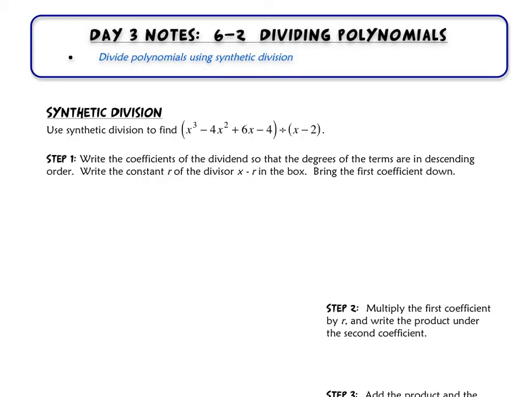It's still section 6.2. We're still going to be dividing polynomials. However, today we're going to be dividing polynomials using synthetic division, where in the last section we did it using long division. Okay, so if I wanted to divide x to the third minus 4x squared plus 6x minus 4,